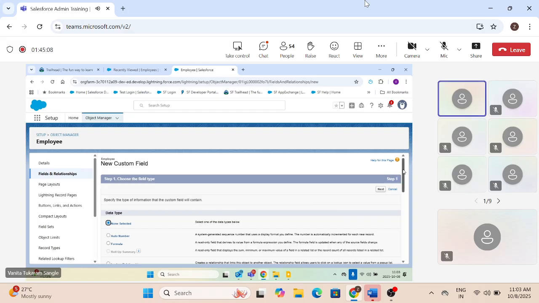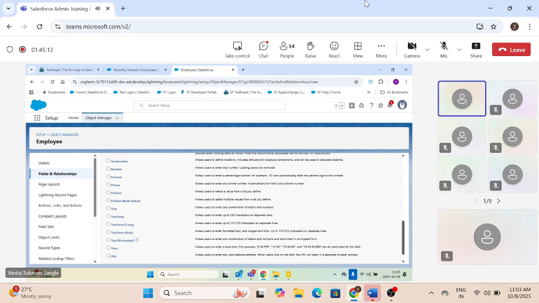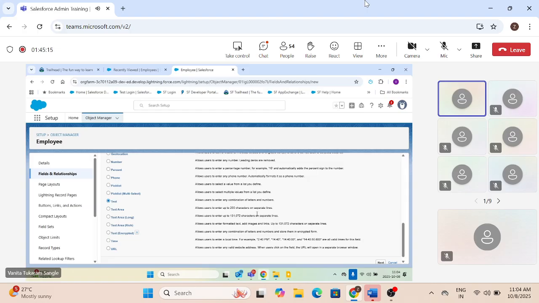There are various options you have to decide the format of your fields. So for first name, last name, it is going to be text, right? Which will allow me up to 255 characters. If you want to cover a larger area, it can be text area. Larger than that, text long. Text rich will allow you pictures and other formats also. Encrypted, the password kind of thing, right? Makes sense? So let's go on and select text field